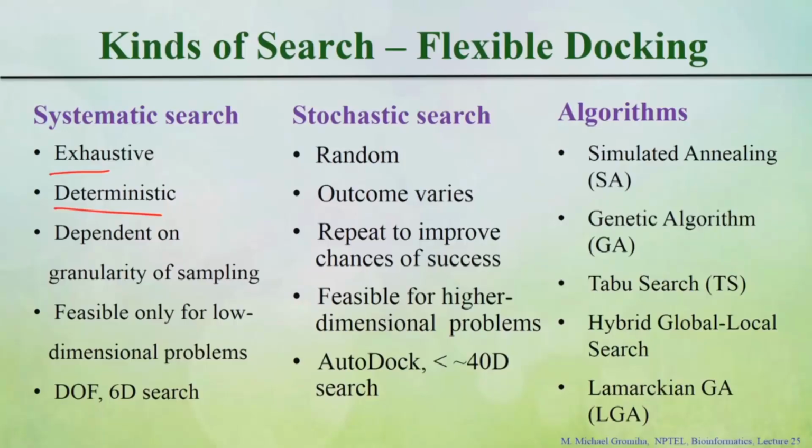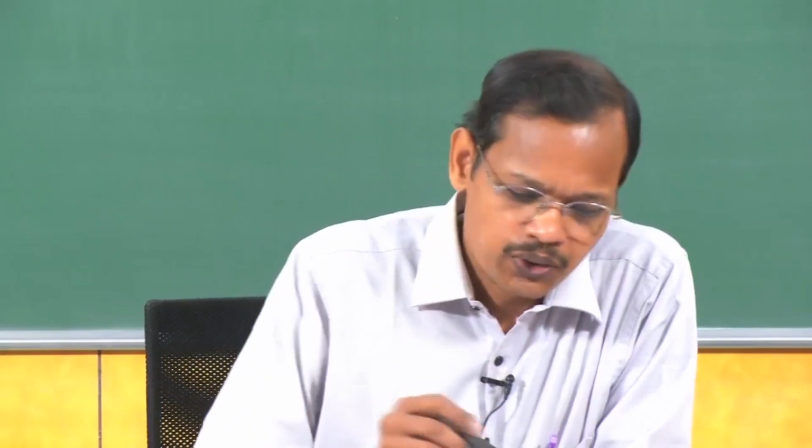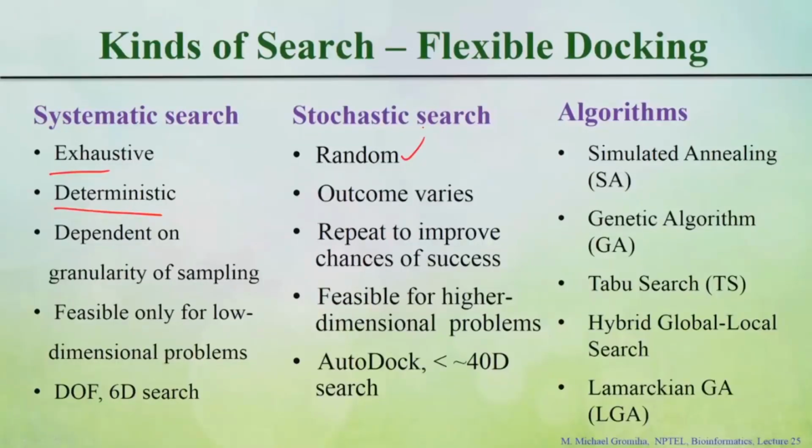So instead of doing millions of times, you can reduce it to thousands of times. This is called the stochastic search. If you look at the results of systematic and stochastic search, you cannot find much deviation; of course there is some, but not much difference between the poses obtained. Here it is random and the outcome varies,